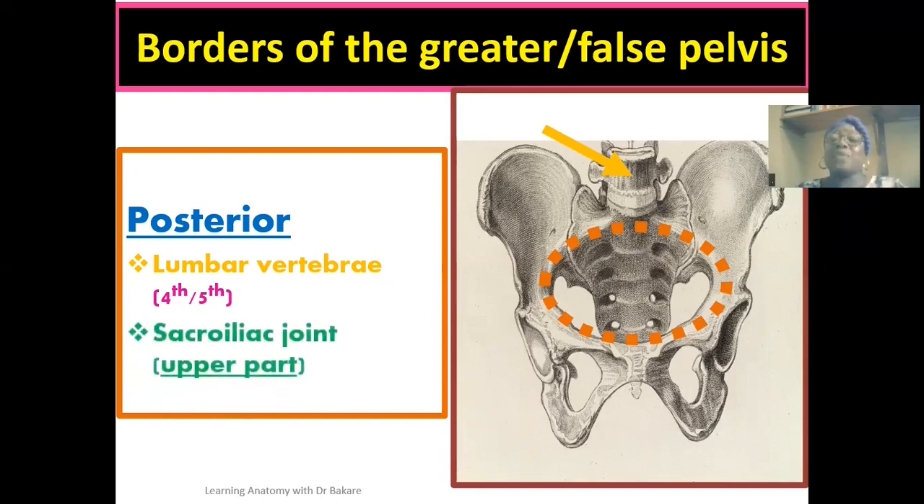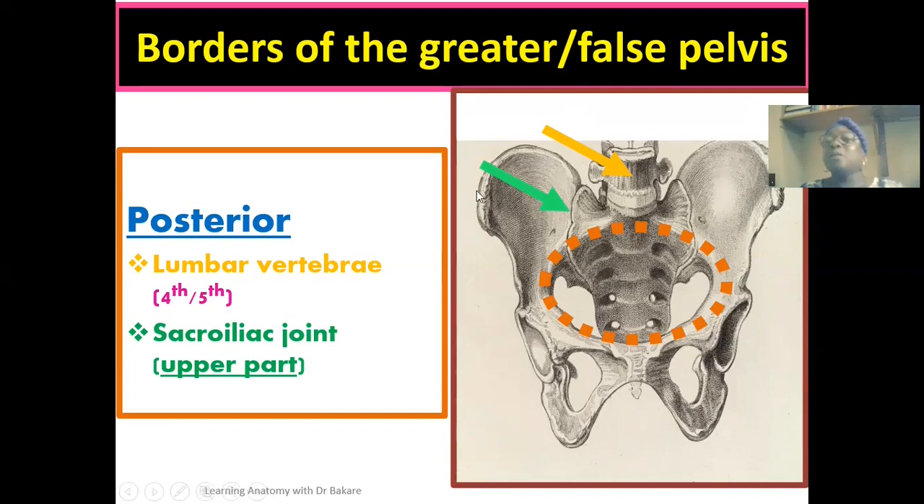We also see the sacroiliac joint. The sacroiliac joint, as I've always said on this channel, we just break down the name. This is the joint created here between the sacrum and the ilium. This is where we have the sacrum on this side, and this is where we have the ilium. So you now see part of the sacroiliac joint also forming the posterior border of the greater pelvis or the